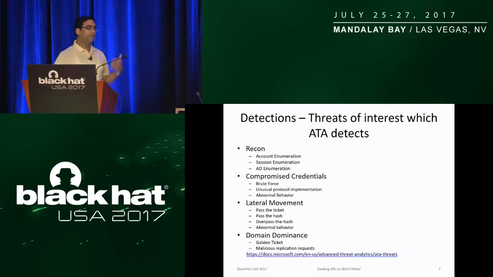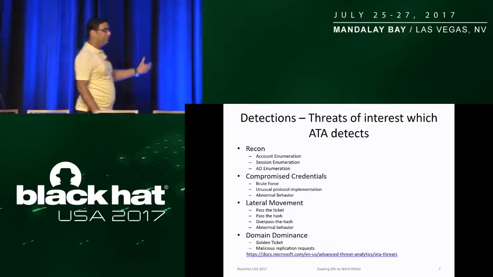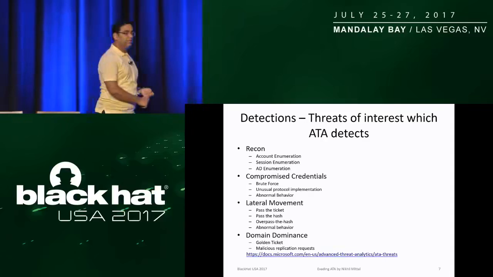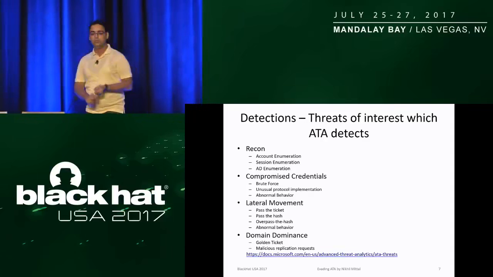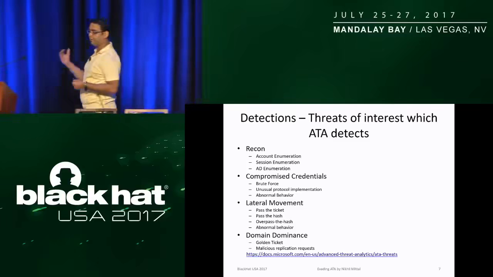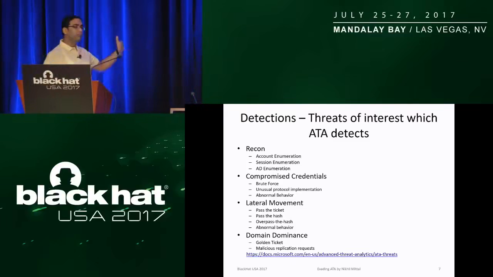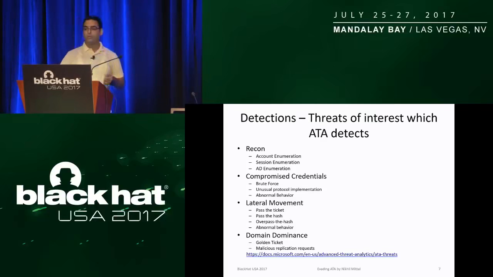So in the recon phase: account enumeration, if you would like to get interesting data from the domain, like a list of computers, member computers, users, interesting group memberships like domain admins, enterprise admins, etc. Then compromised credentials, brute force attacks, unusual protocol implementation, we'll see what this is, abnormal behavior. For me, once again, we are not going to focus on abnormal behavior detections here, but that's something which